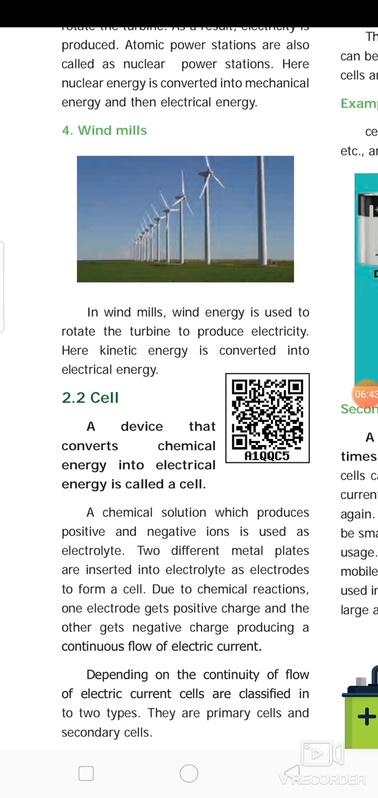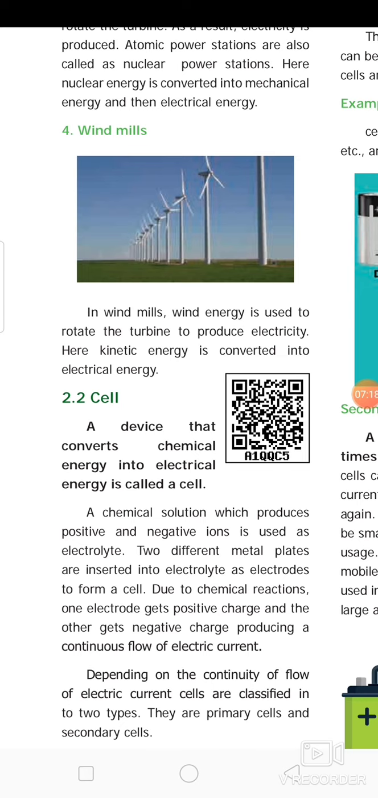Next, we move on to cell. A device that converts chemical energy into electrical energy is called a cell. A chemical solution which produces positive and negative ions is used as electrolyte. Two different metal plates are inserted into electrolyte as electrodes. Two metal plates are called electrodes, and what they are put inside is known as electrolyte. Due to chemical reactions, one electrode gets positive charge and the other electrode gets negative charge, producing a continuous flow